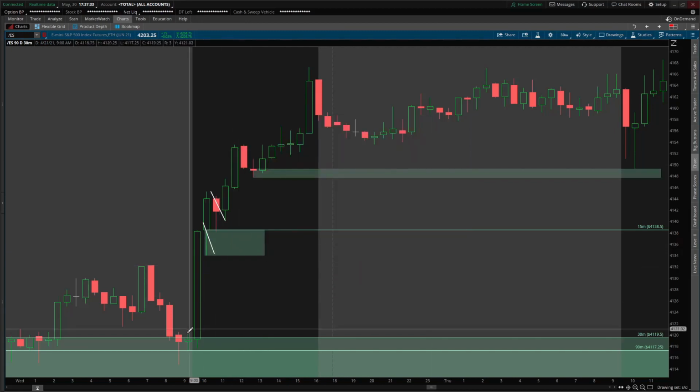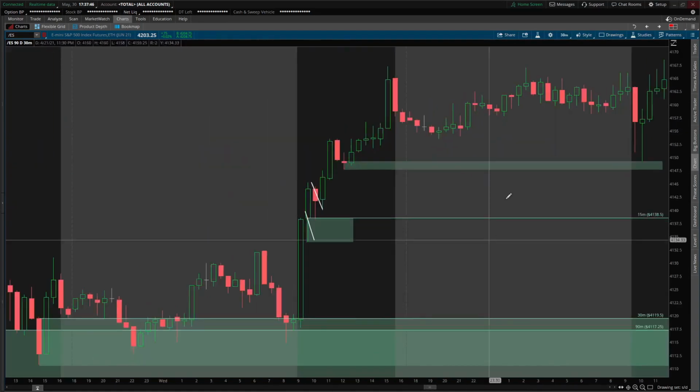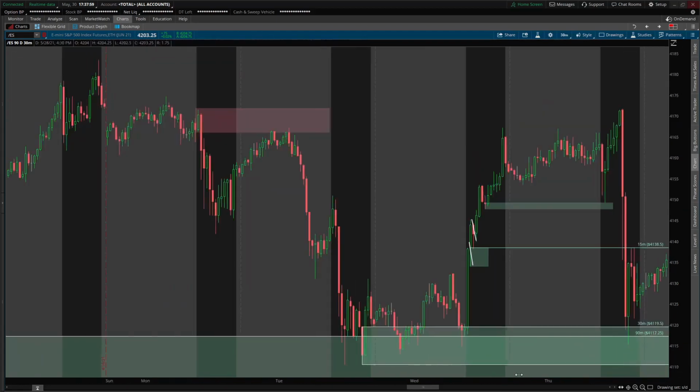So on Tuesday, as the market, or on Wednesday, as the market moves up, we create multiple different imbalances. The following day, we pull back, to the tick, bounce off of that demand zone. If you go to a smaller time frame, you could have sniped a good entry to get long, and then the market starts rallying. And then we have, this is Thursday, pretty sure this was a Fed announcement, 1 o'clock. I believe there was some type of news, but that's going to lead us into the example a little later on about news being a good area for context. But that's essentially how I gauge